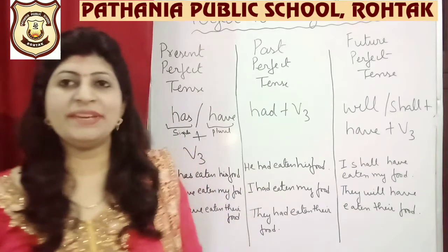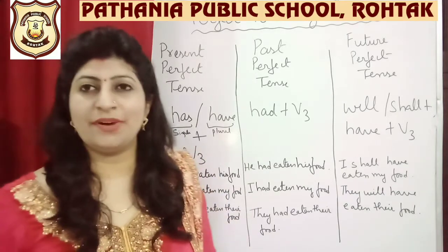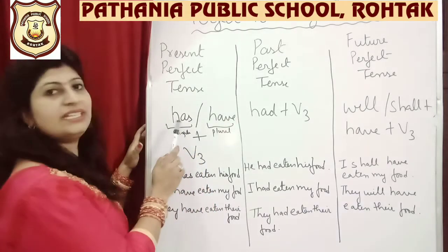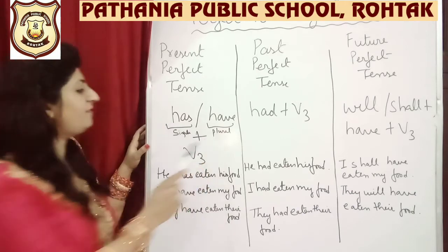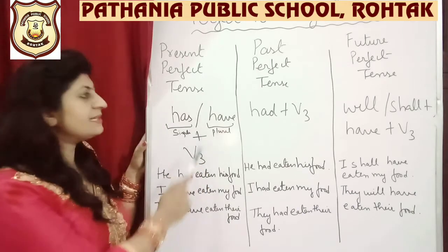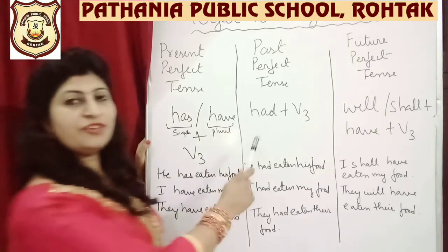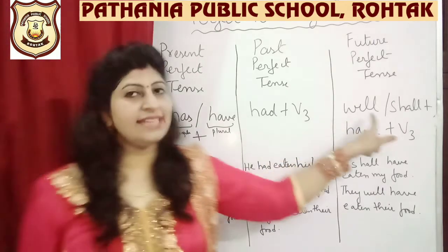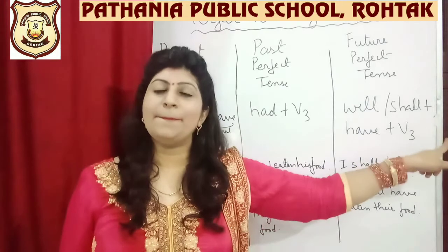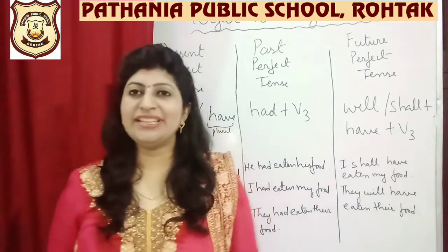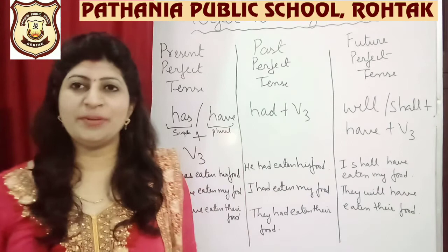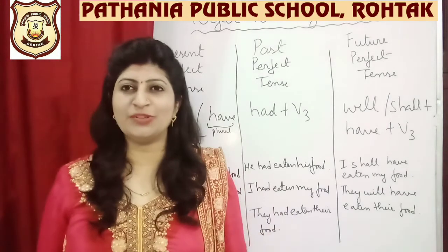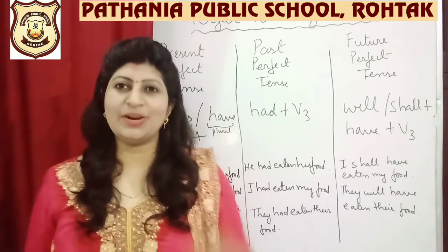And we will begin with present perfect tense. So you can see on the board, I have written has, have, plus V3. Here I have written had plus V3, and there you can see I have written will, shall plus V3. Now dear students, see how you will remember this rule. Otherwise you must be thinking, ma'am is just going on with the rules. How are they going to get into our heads?